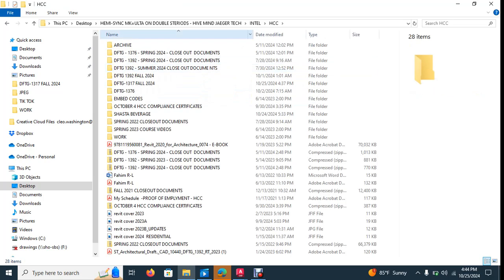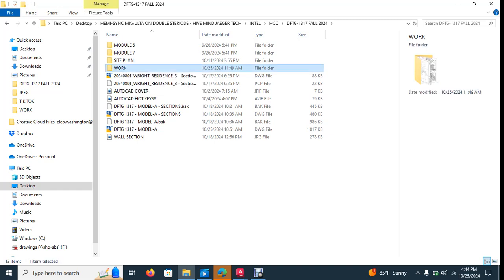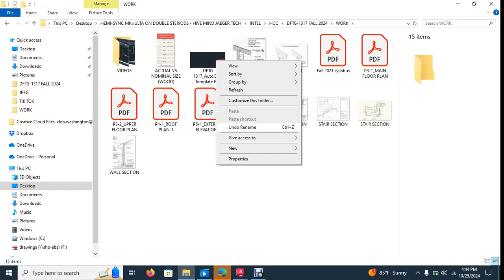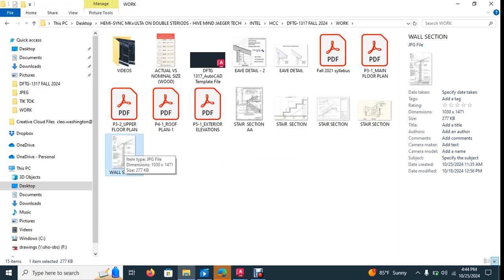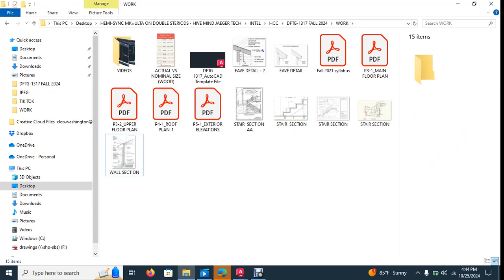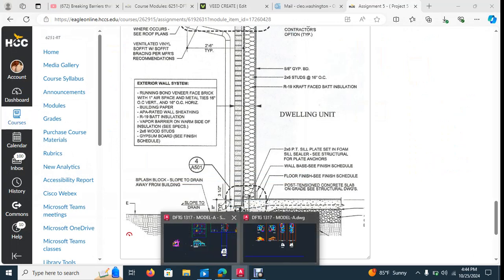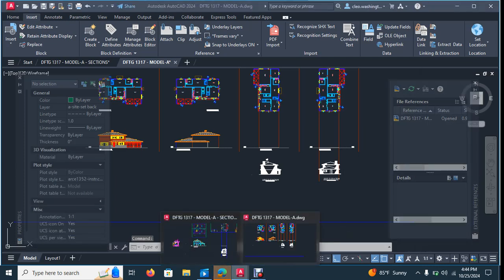Now let's see, ACC. Oh, look, there it is. It's showing up as a... we'll put this one in the work folder. I don't know why it didn't show up earlier. Oh, perfect. It's a JPEG file. That's why it didn't show up. So what you want to do is, when you have JPEG files, and I'm glad that actually happened, when you have JPEG files, what you want to do is you want to bring that into